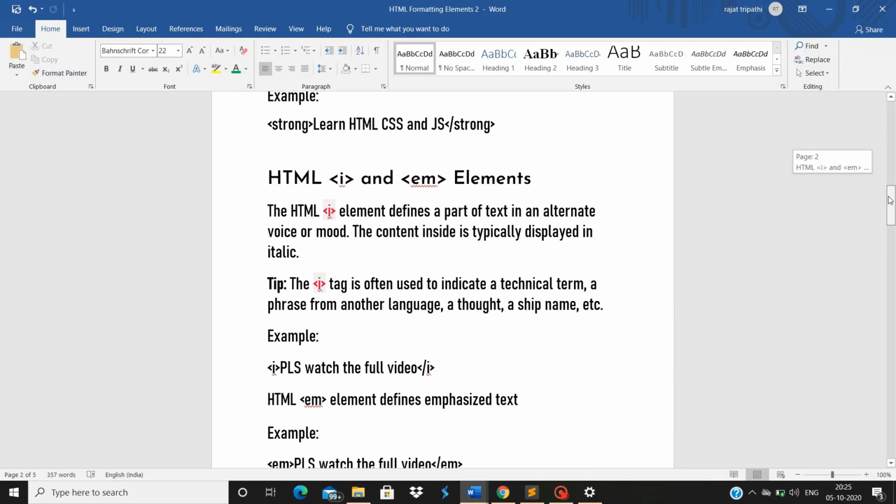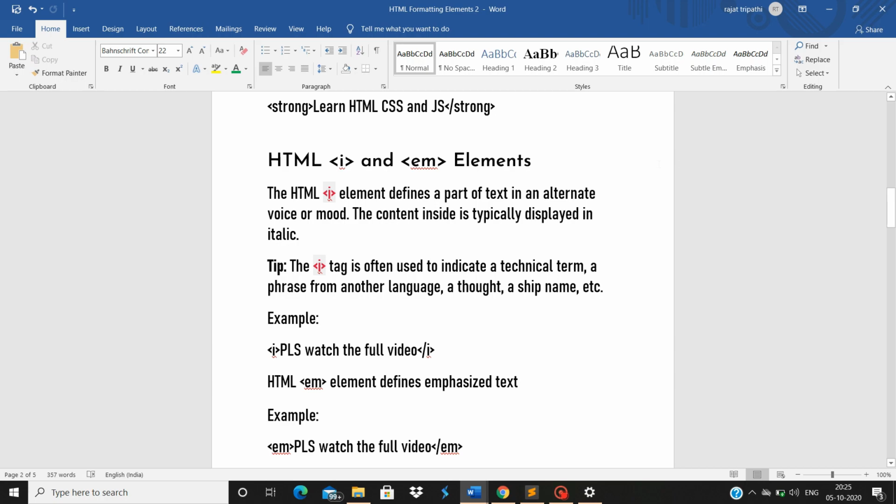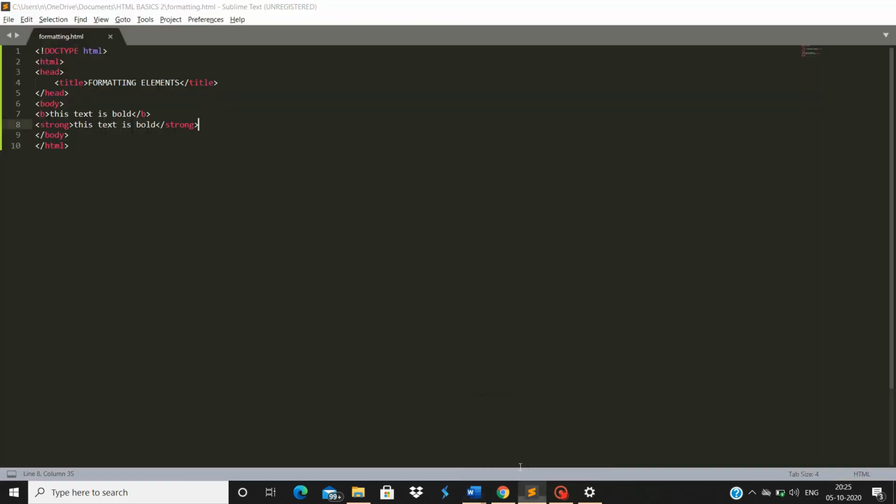Now the next elements are the I and the EM element. I stands for italic and EM stands for emphasized text. Just do this.